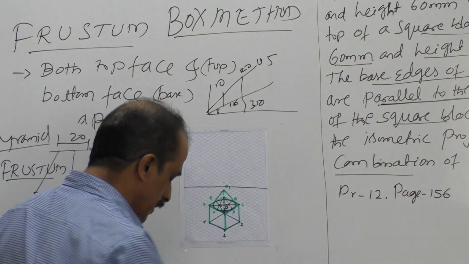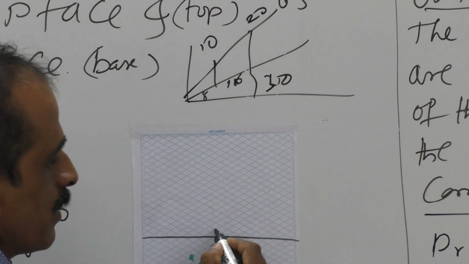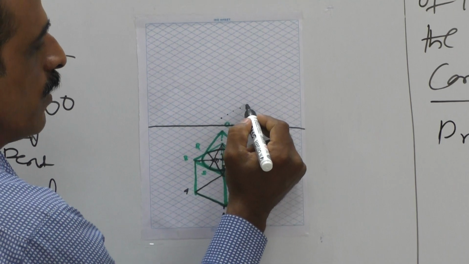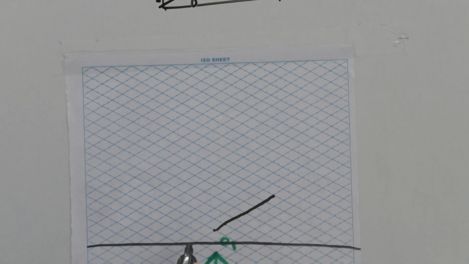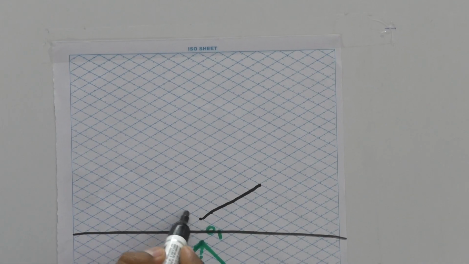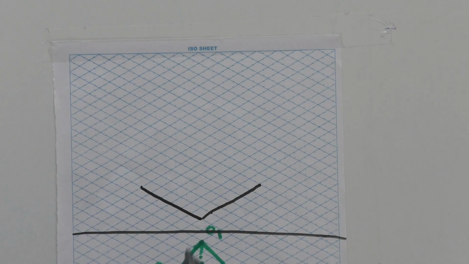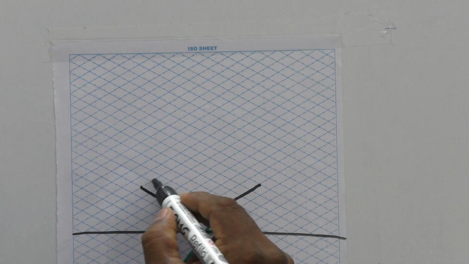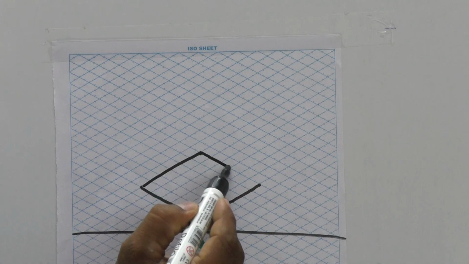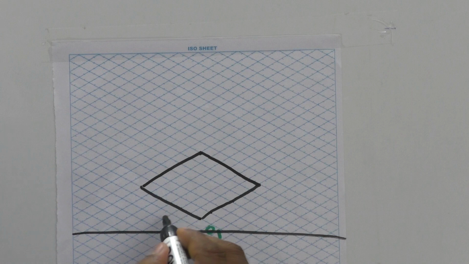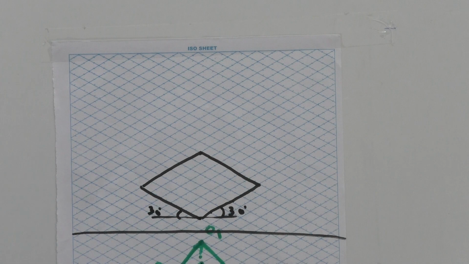So now 60, that means this is 60. So you mark 6 blocks. From here 6 blocks, 0, 1, 2, 3, 4, 5, 6. So very exactly it ends up to here. Similarly here also, since it is a square, 0, 1, 2, 3, 4, 5, 6. Very exactly here also join a line. And here also from this corner, 0, 1, 2, 3, 4, 5, 6 and complete this square. So it is 6 box, 6 box, 6 box, clear. So all are inclined at an angle of 30 degree and 30 degree.